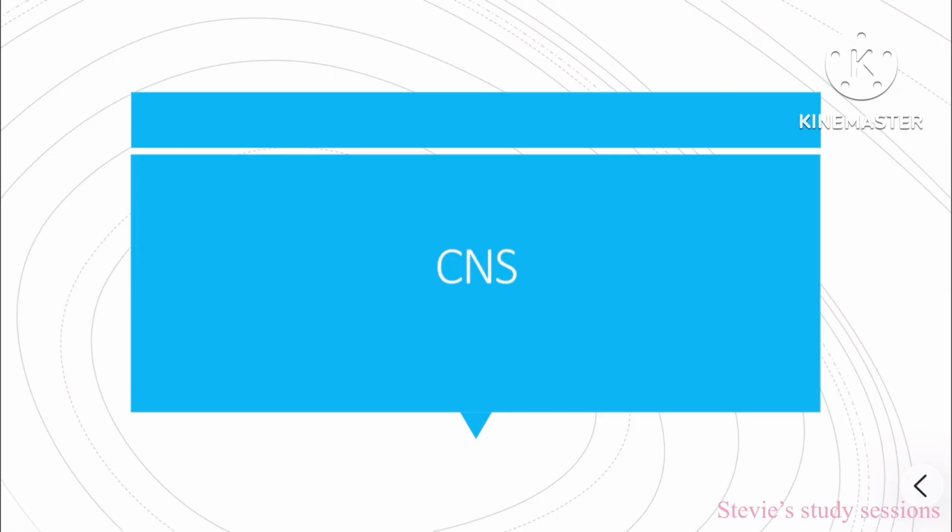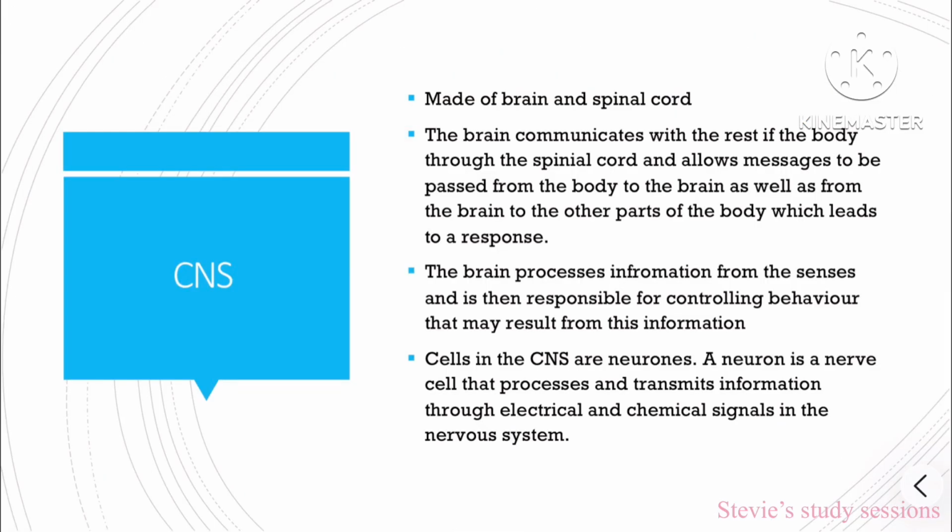CNS, also known as the central nervous system. Now, the CNS is made up of the brain and spinal cord. The brain communicates to the rest of the body through the spinal cord and allows messages to be passed from the body to the brain, as well as from the brain to other parts of the body, which leads to